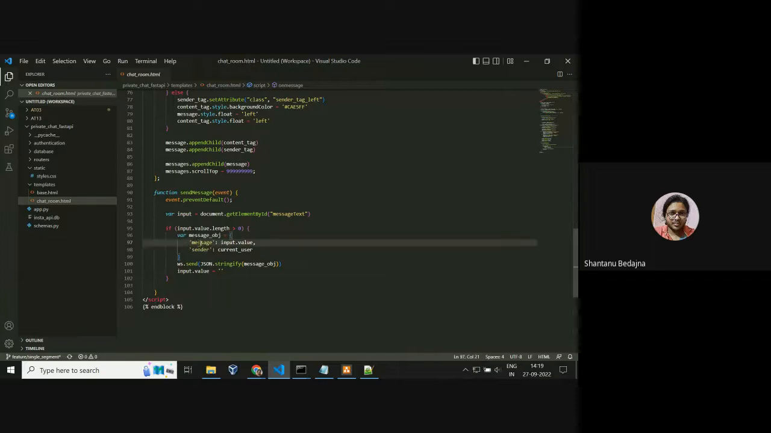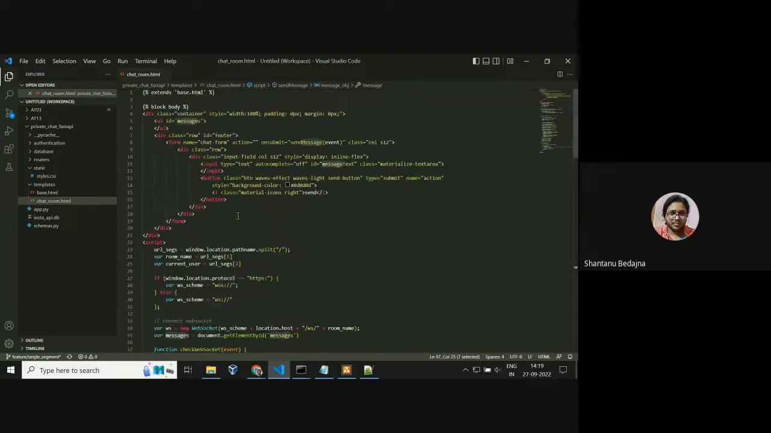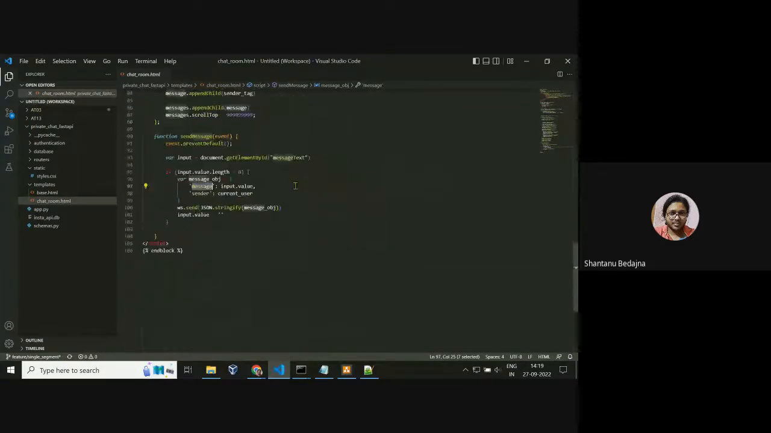So there is the message. So where is the message? This is just the input value they're getting from here. This is the input value, the thing that we're typing there. So this is the input value we're getting, and the sender is the current user because we are sending the